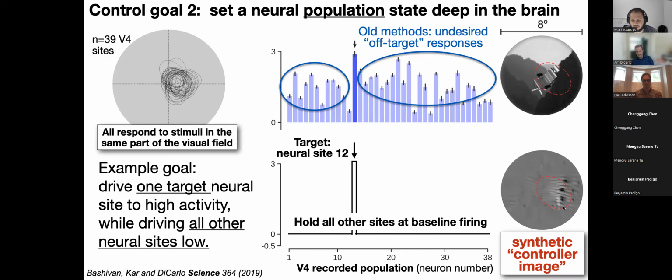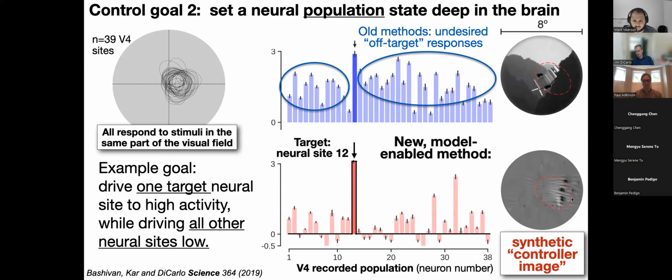The dashed red line is the neuron's receptive field, again, for the aficionados, by the way. This model decided to put energy as shown here in this lower image at the bottom. And here's what actually happened when we showed this image to this set of neurons, again, 38 neurons. We actually activated site 12, great, but we much lowered the responses of all the other sites. So we found an image that was able to much better achieve our control goal than